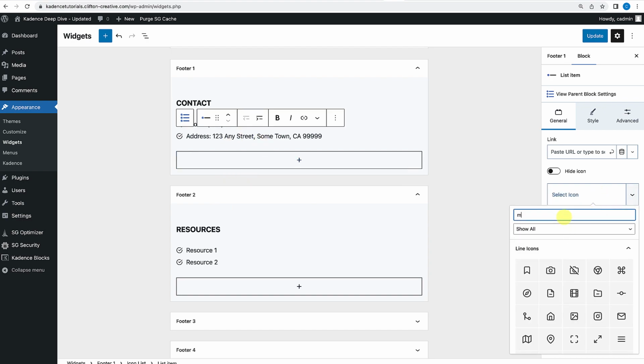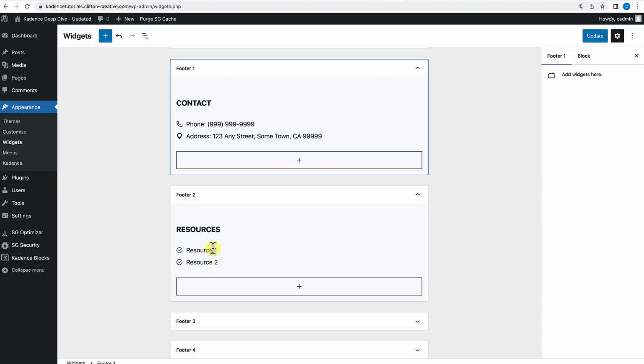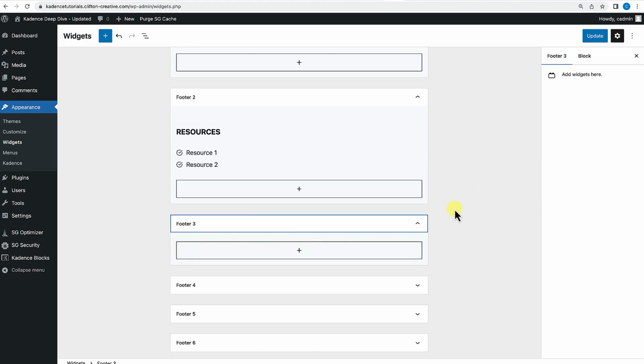Let's look for a marker, and let's grab this one. Okay. All right, so now it looks better. And then these are going to be our resources. And then in the third column for the footer widget on this one, let's go ahead and add a